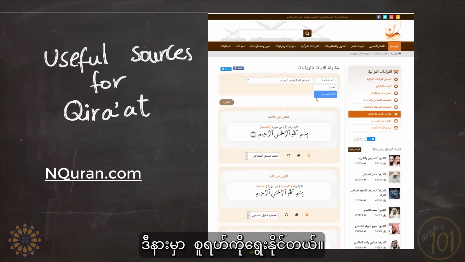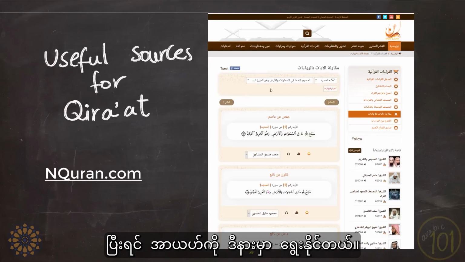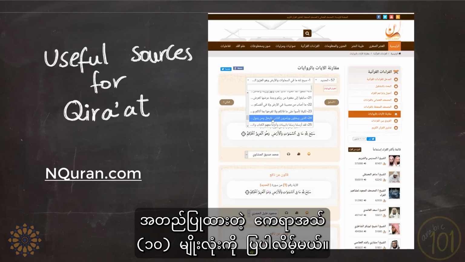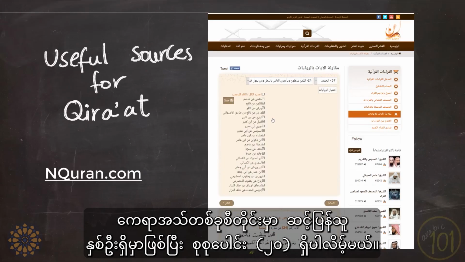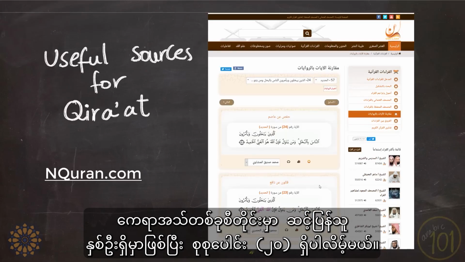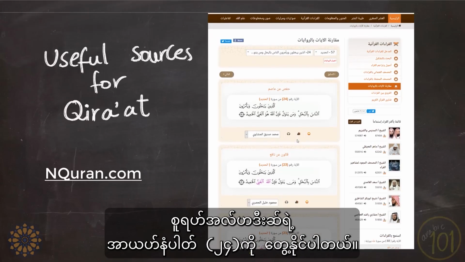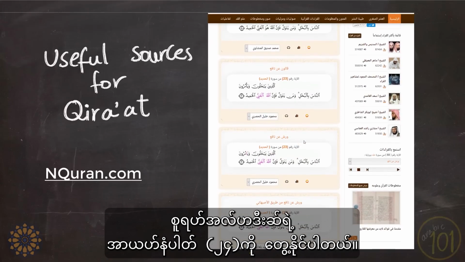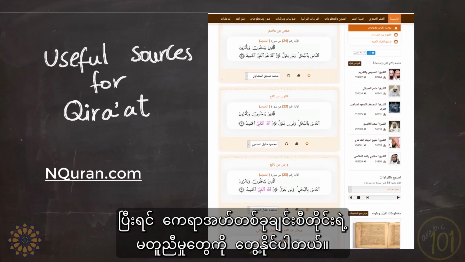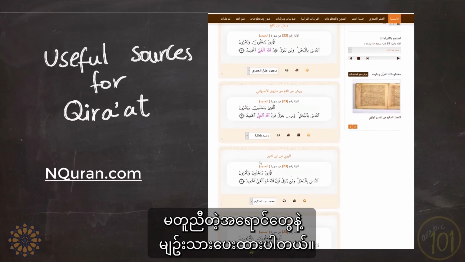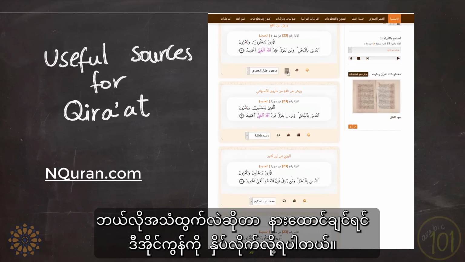So here you can choose the surah, and you can choose the ayah from here. And then when you choose the ayah that you want to see compared, it will show all the 10 confirmed Qira'at, and each Qira'ah will have 2 narrators, so in total there will be 20. So in this example, we see verse number 24 from Surah Al-Hadid, and then we can see that the differences between each Qira'ah is highlighted with a different color. You can also listen to it if you click on this icon to see how it is pronounced.